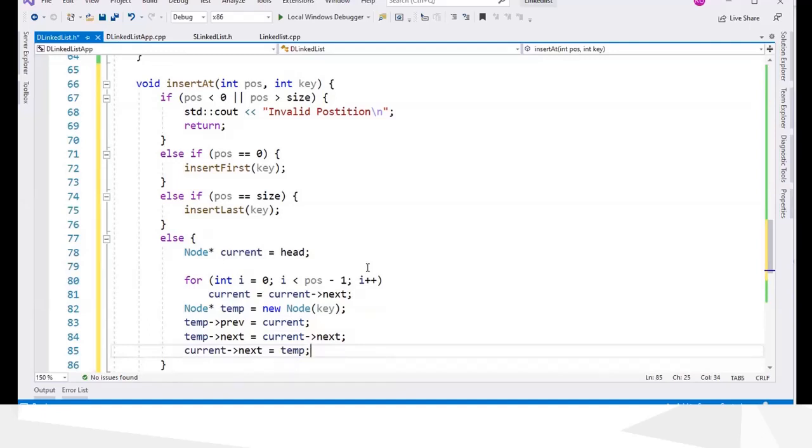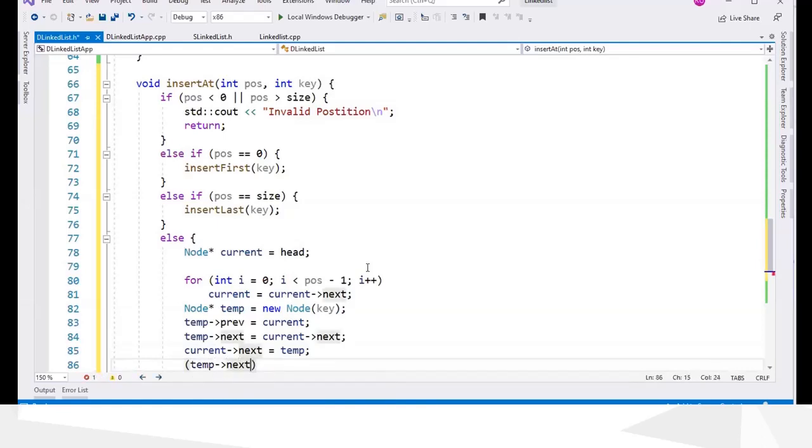So we are inserting the temp node after the current node, and so the previous next node, which is after the current, cannot be accessed using current next, because current next is pointed to temp now, as you can see here. So to access the previous next node, we have to use temp next.